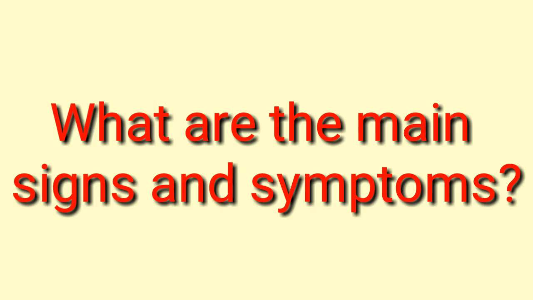What are the main signs and symptoms? Sickle cell disease is present right from infancy. However, infants mostly do not show symptoms until 5 or 6 months of age. Symptoms are seen at an early age or at a later stage of life. The early symptoms include jaundice and icterus, paleness of the eyes due to hemolysis of RBCs, and fatigue due to anemia,